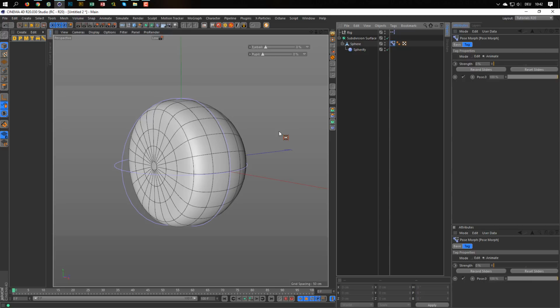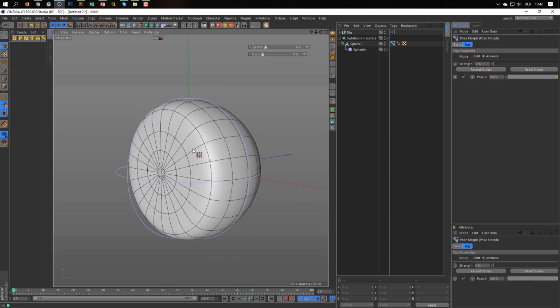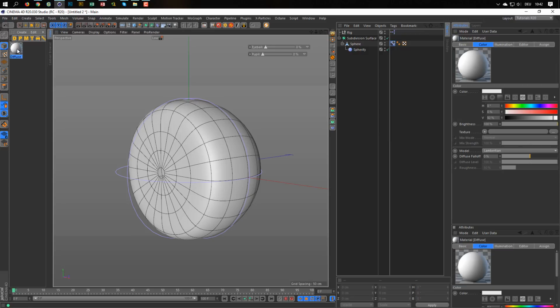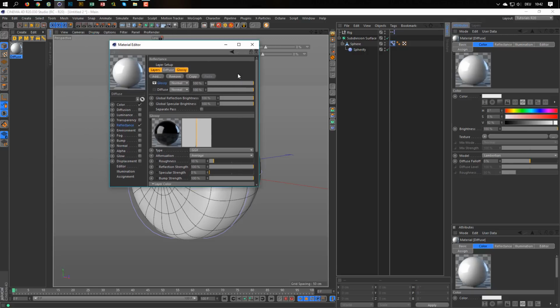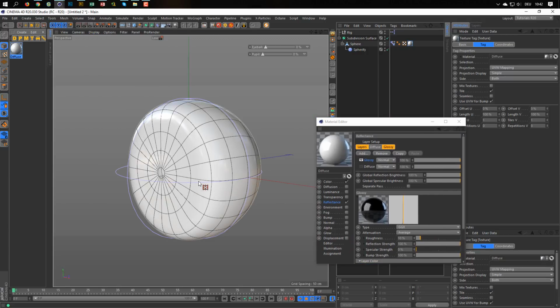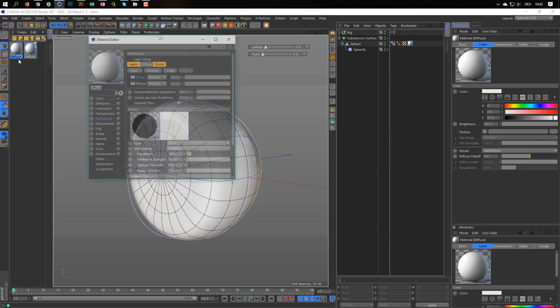Good. And now if you want a texture on this, I make it very rough now because this should be a quick tip, but I think you get the idea how it works. Let's make a normal eyeball material. So white color with reflection. This is our eyeball material. And I make another material for the pupil. So I name this pupil.